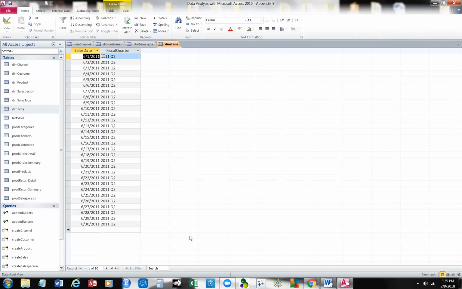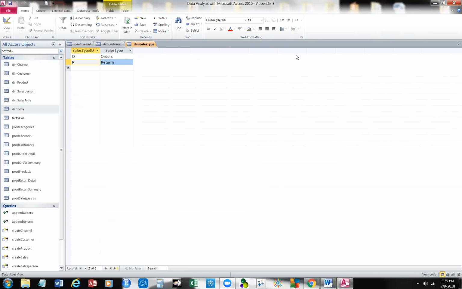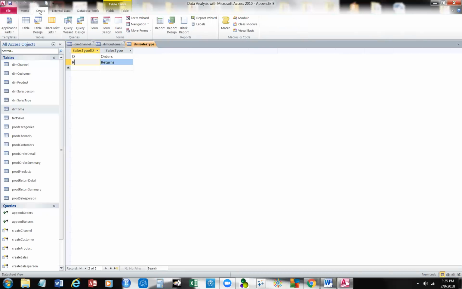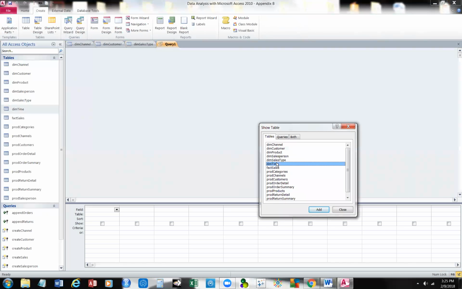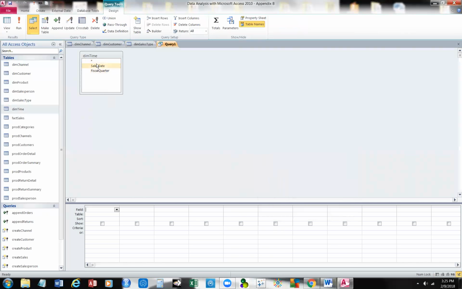Let's do this for a moment and try to run a query. I'm going to close the time dimension, click external, click create, and do a query design. I'm going to get the dimension time and add it, and I'm going to get the sales date and the fiscal quarter. And my criteria is